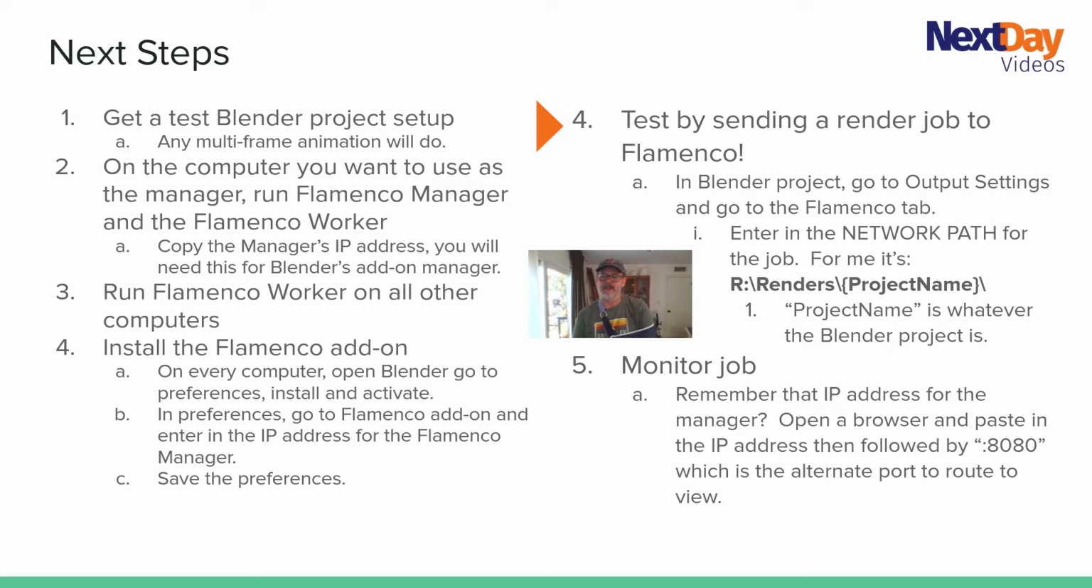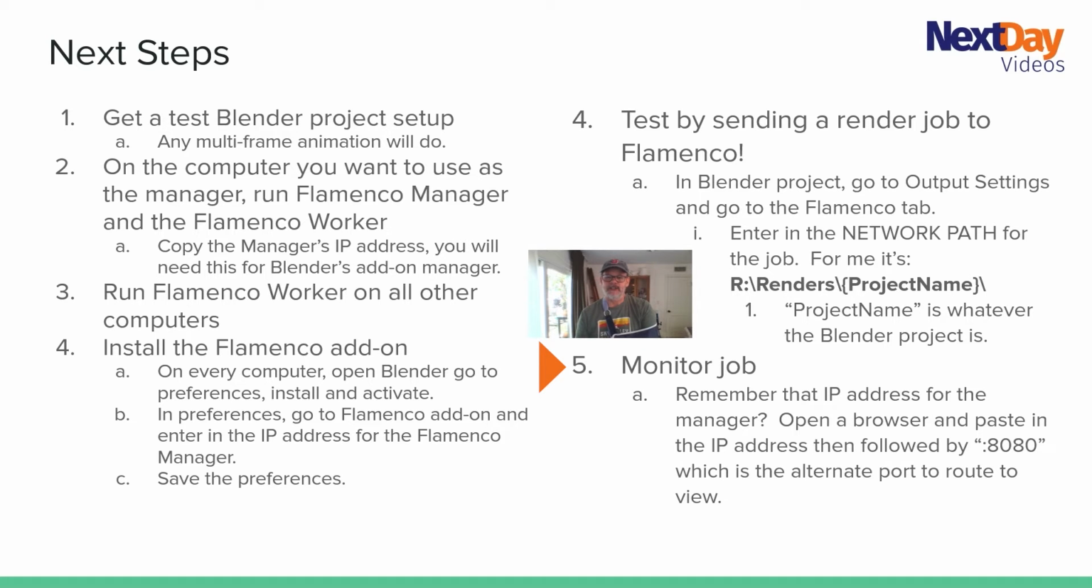So in the Blender project, go to Output Settings, and then go to the Flamenco tab, which is down at the bottom. You'll then enter in the network path for the job. The absolute network path, the one I recommended was R drive. So for me on Windows, it's r:\renders/, and I'll probably make a new project folder, which I highly recommend to keep everything organized. Now on Linux, of course, it's a /, and on Mac as well. So then you press submit, I believe,